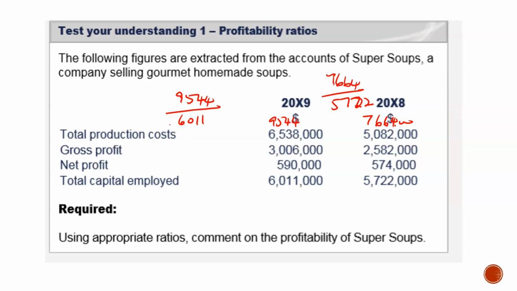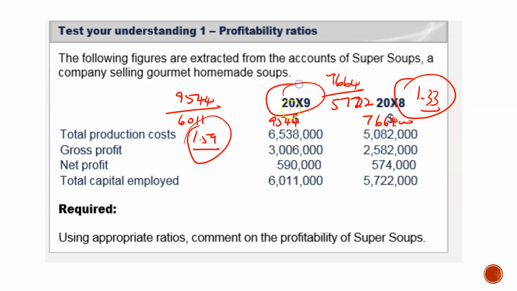So you can just calculate those two. 9544 divided by 6011, and I'm at 1.59, and here I have 7664 divided by 5722, and I'm at 1.33. So definitely here in 2009 they utilized their assets better, if you like, in generating